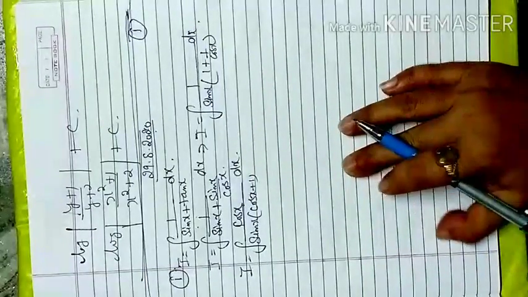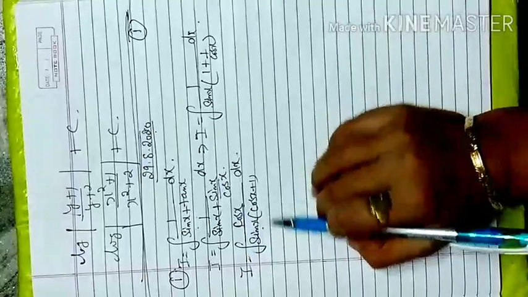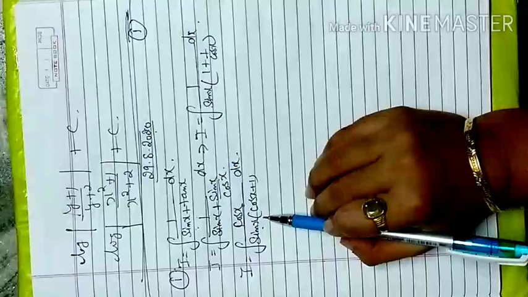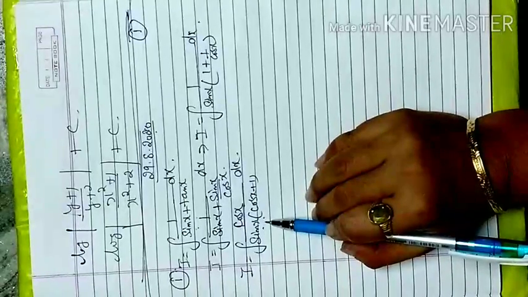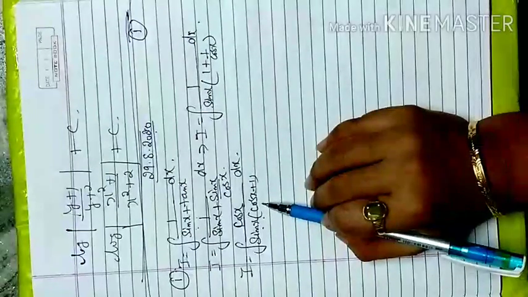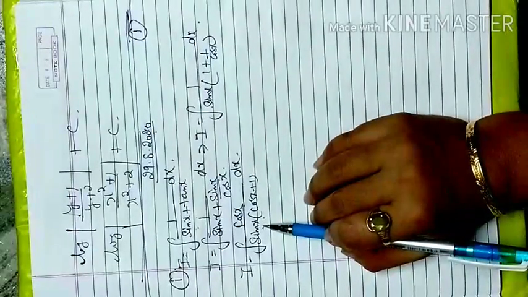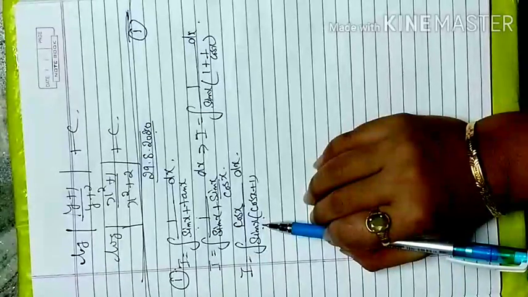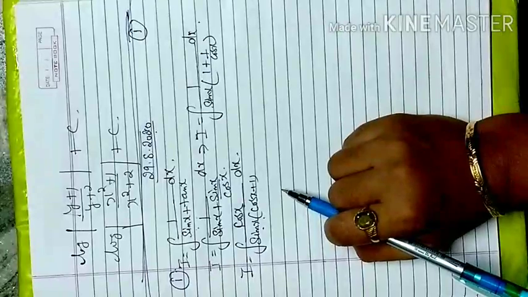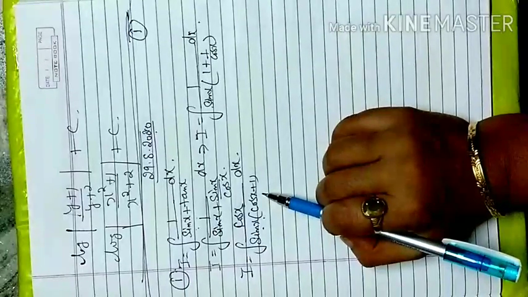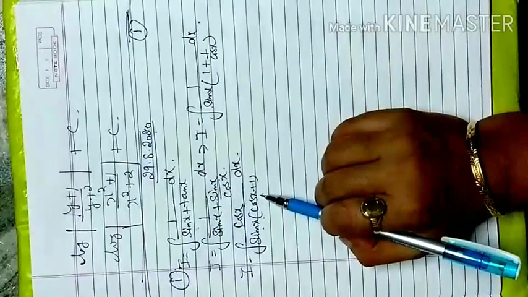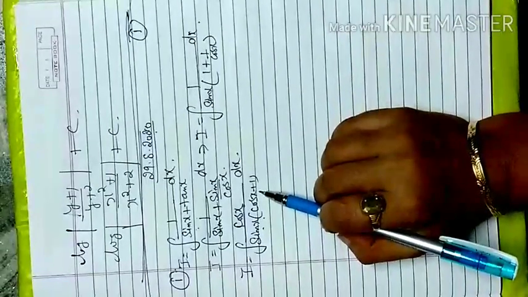Now the condition is that if the same trigonometric term is in the denominator, we can easily consider substitution. But here one is sin x, one is cos x. If I substitute sin x, the sin x representation changes to cos x, but I have the combination of cos x here also. If only sin x is there, I can easily consider sin x as any variable. But here there is a combination of sin x and cos x in the denominator.